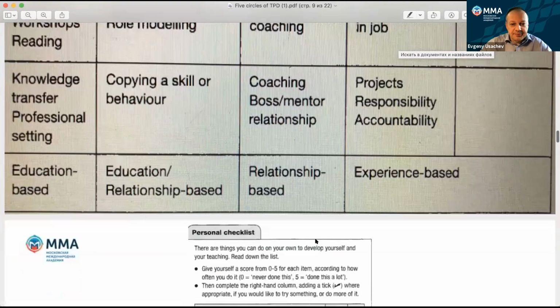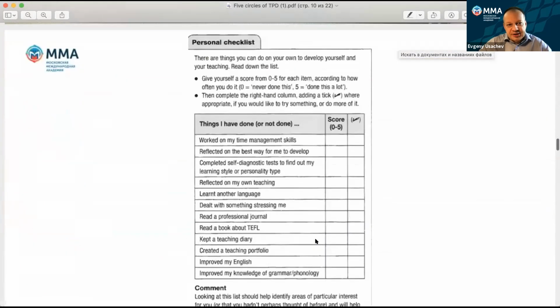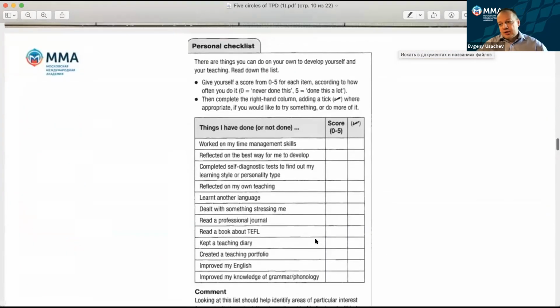Okay. So some practical activities which I actually have taken from this wonderful book, The Developing Teacher. For the first circle, as a teacher, we can just go through this professional checklist and see what we have done or haven't done, for instance, and give it a particular score, right? It's like a checklist.